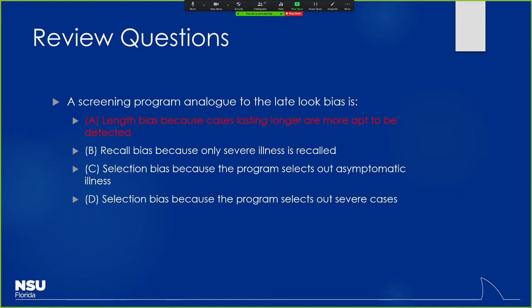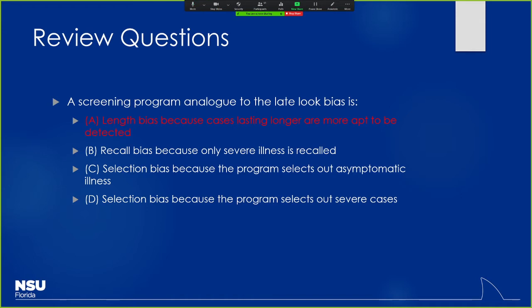Recall is bad for case control studies. That is correct, right? Because that has more to do with risk factors. Remember, in case control studies, you already know who had the disease and who doesn't. You're going back and looking in time to see who has specific risk factors. So if they forget, like, oh yeah, I forgot that I had exposure to asbestos when I was working construction 20 years ago, that's where recall bias would be more of an issue for sure.